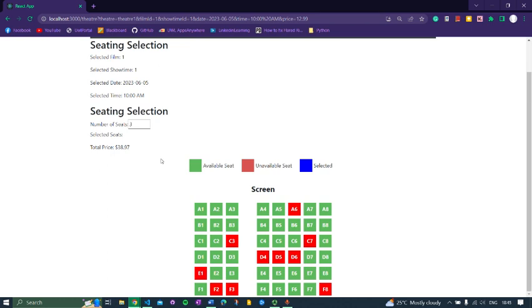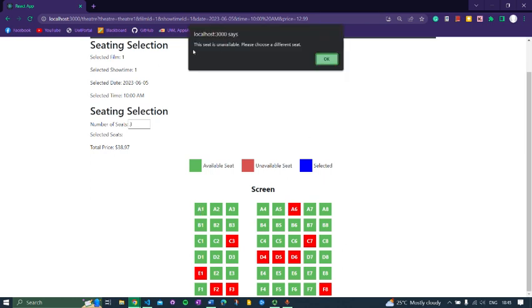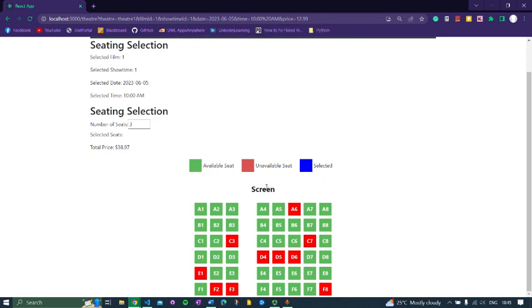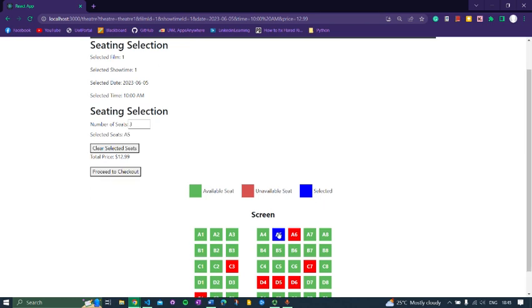And if we try to select a seat on a row that is not empty, that has an unavailable seat, for example the A row, if I click on A1, we'll get this alert: the seat is unavailable, please choose a different seat, because the seat is not adjacent to an already occupied seat. If I try to click on the A5 or A7, which are adjacent to the occupied seat, the website will allow me. And now, since I want to book 3 seats,